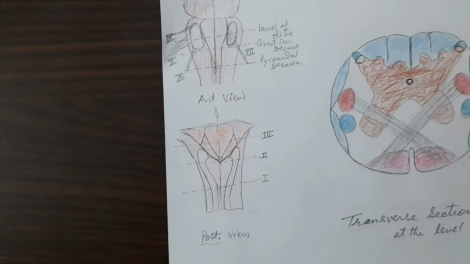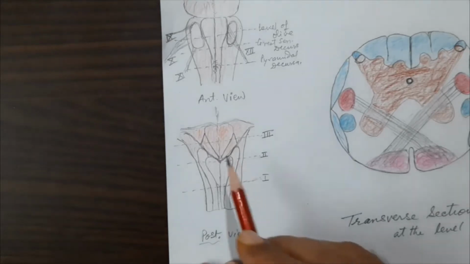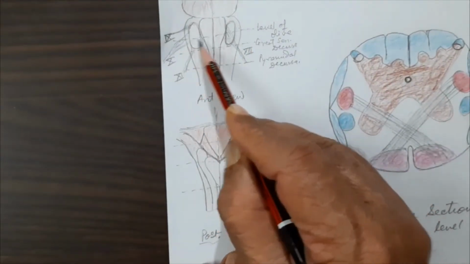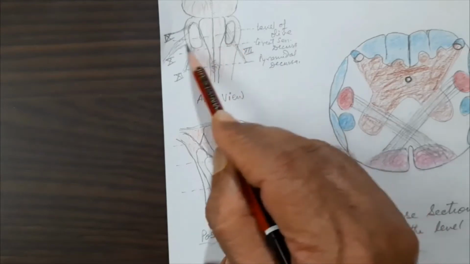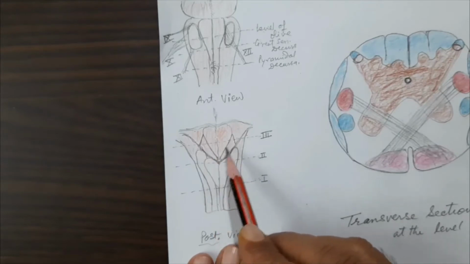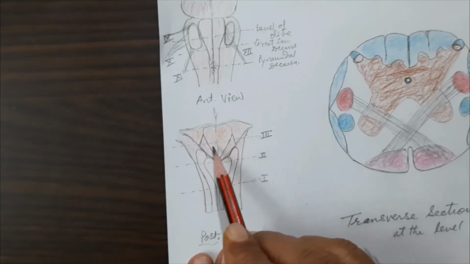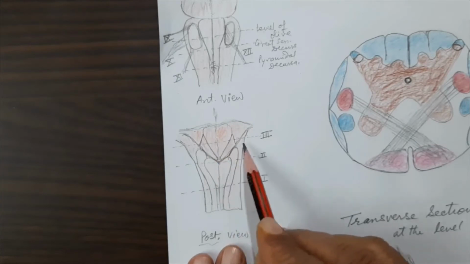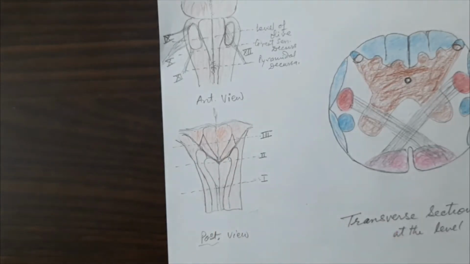So the second section for internal structure we will use is at the level of the great sensory decussation, and the final section from the upper or open part of the medulla will pass through the olive. Anteriorly it passes through the two olivary swellings, deep to which lie the olivary nuclei on the right and left side, and posteriorly through the vagal and hypoglossal triangle. So these are the three sections we are going to learn in the medulla.